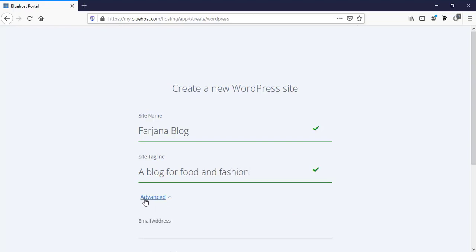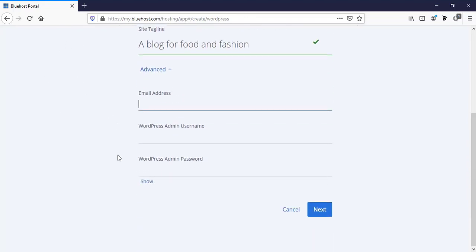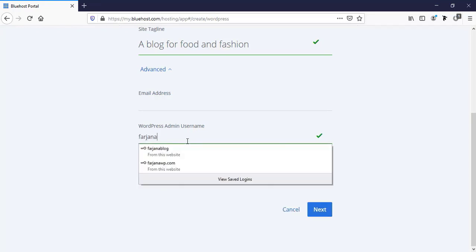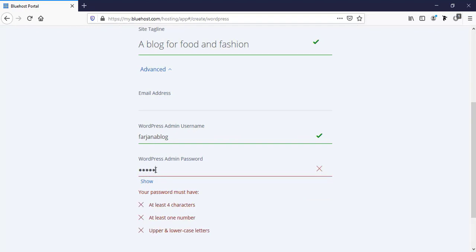And here are some advanced options. We can use them or we can skip them. Here we can type a new email address for our WordPress website. By default, here we will get the email address which is used for our Bluehost account, and here the WordPress admin username. So here we can type a separate username for our WordPress site. I'm typing here Farjana blog, and here we can set a password. I'm typing a password,